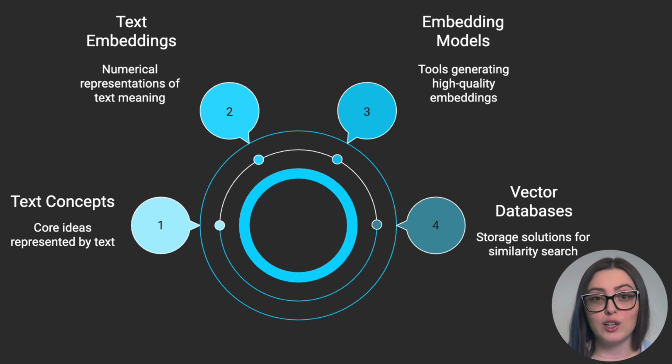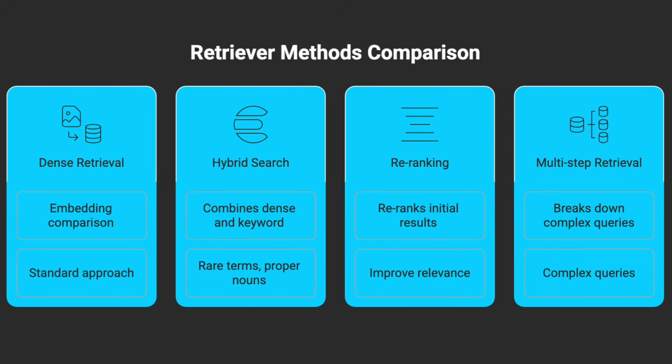They use techniques like approximate nearest neighbor search to make this process fast, even with millions of vectors. The retriever uses several methods to find relevant information. Dense retrieval is one of them. This is the standard approach where the query embedding is compared to document embeddings using similarity metrics like cosine similarity. Hybrid search is another method that combines dense retrieval with traditional keyword search for better results, especially with rare terms